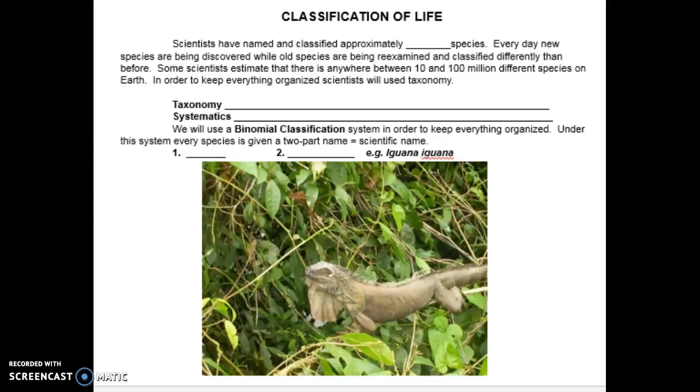Okay, so let's take a quick walk through classification, the lecture on classification of life. This should be hopefully a very basic review for most of you. I'm going to just talk briefly about the classification process and some of the key things. I'm not going into detail on every level of classification of all the kingdoms, phyla, etc. in this lecture. As we go through the different units and the different topics and chapters, that's where